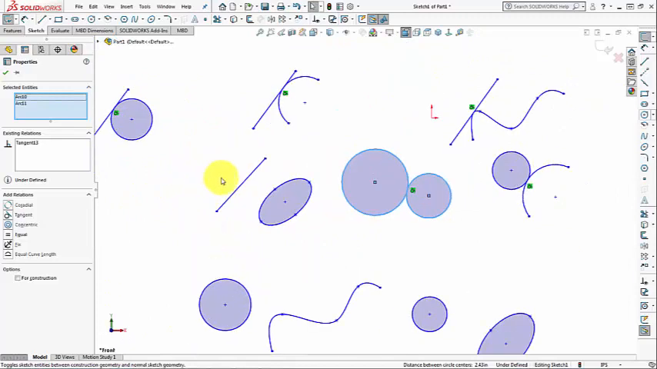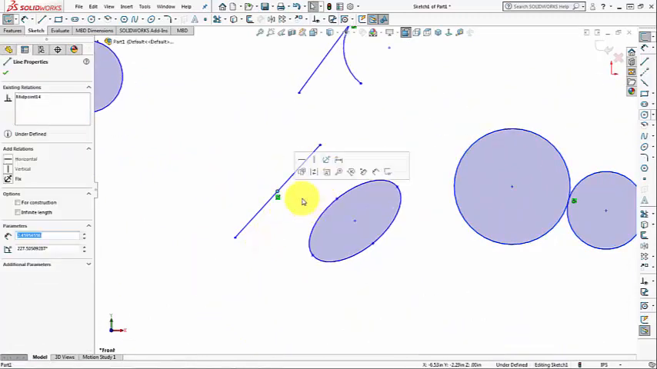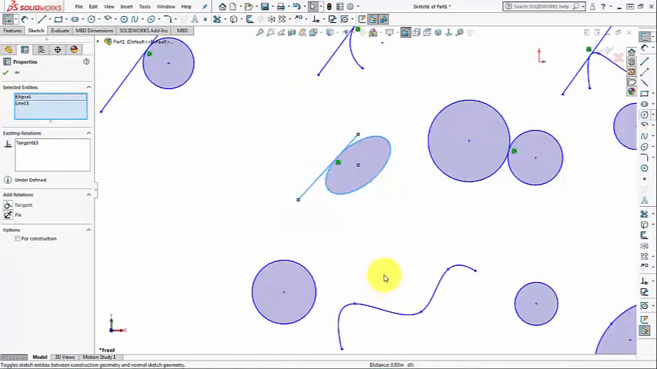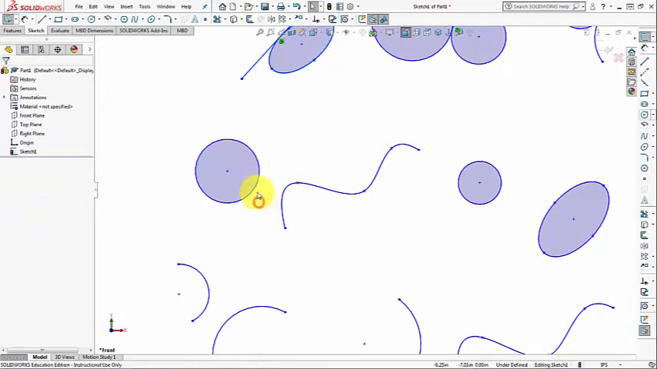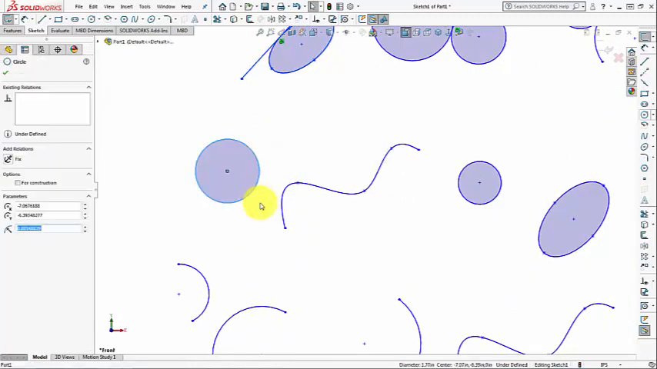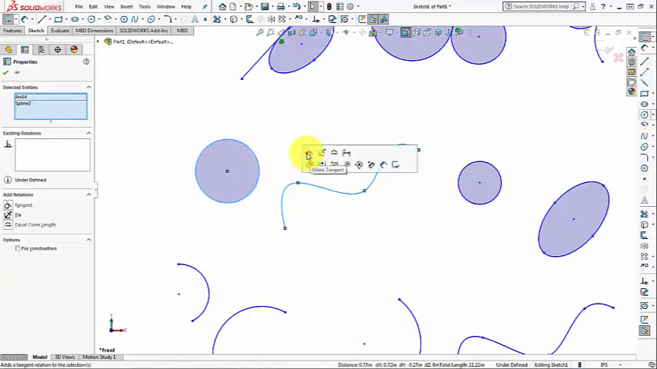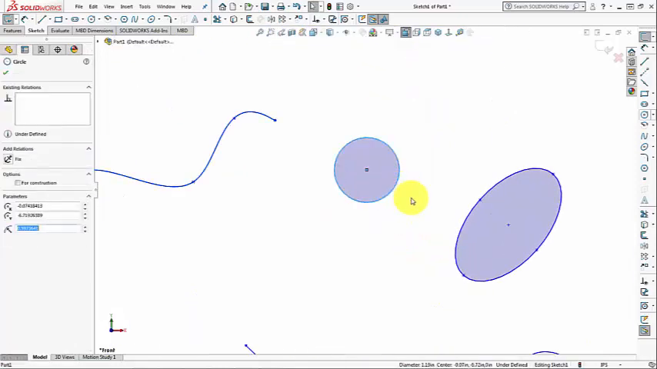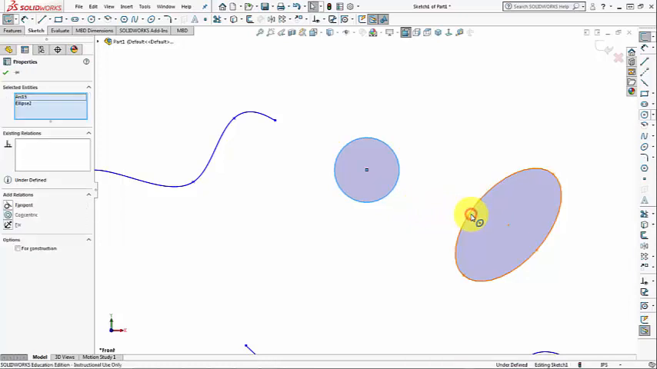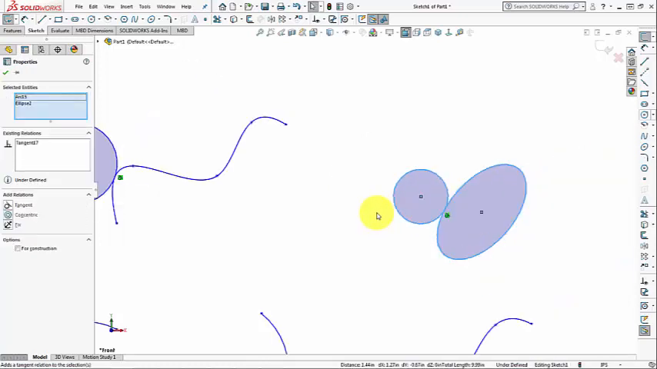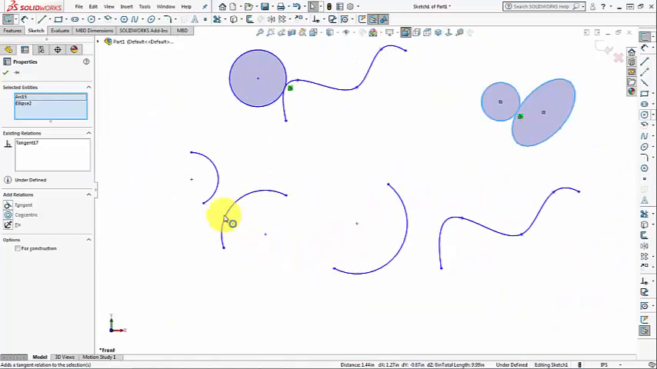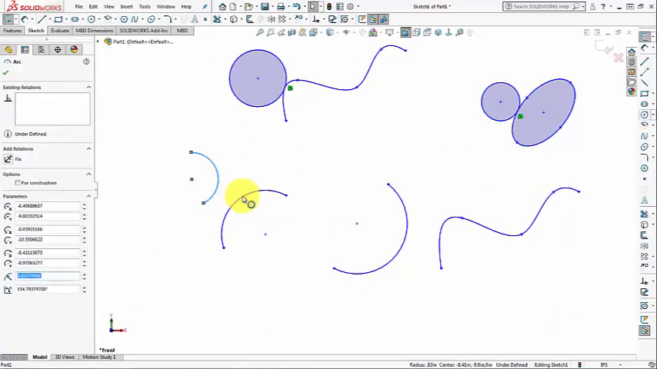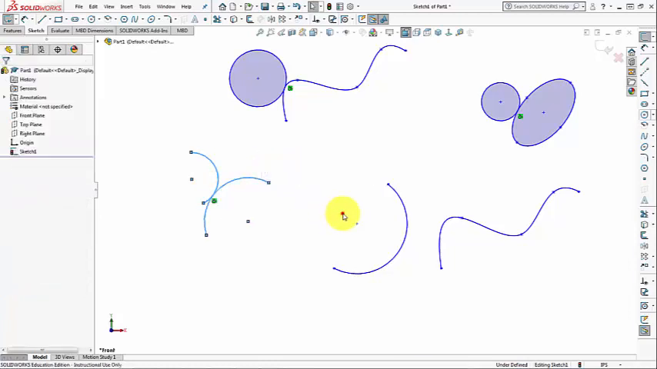We can also apply this tangent relation between a line and an ellipse. The tangent relation is also applicable between a circle and an ellipse. Then we can apply this relation also between circle and ellipse. Arc to arc. Arc is tangent to arc, and arc